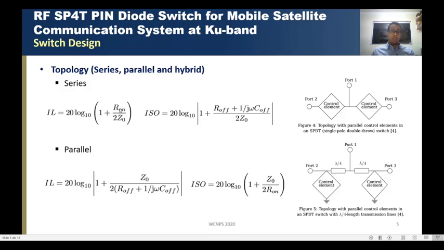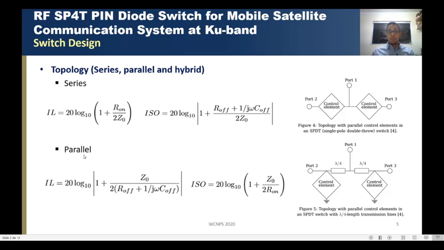In series, it relies more on the resistance in series, and in parallel it relies more on the capacitance when it is reversely biased. So it is much easier to obtain a better insertion loss. That's why the design was made with the parallel